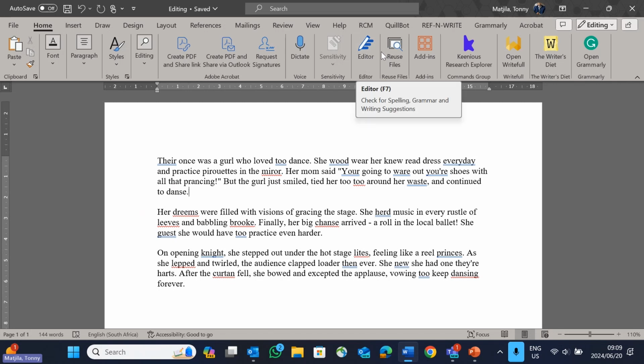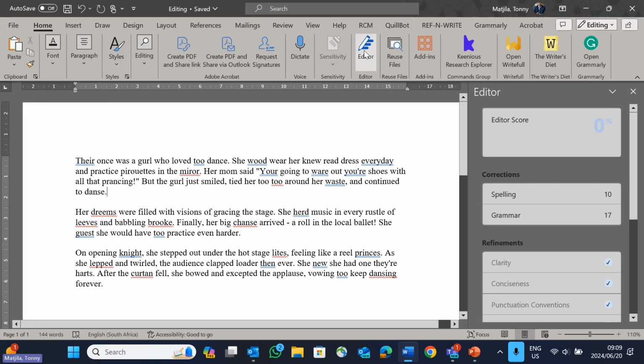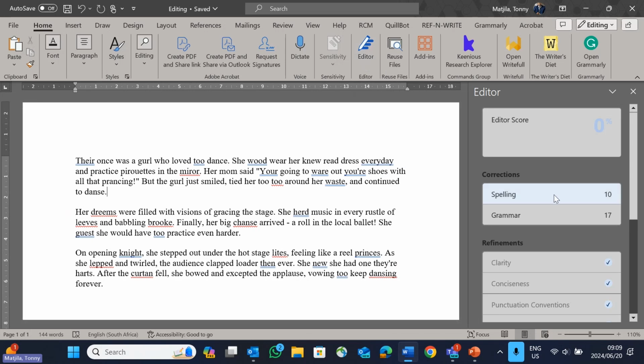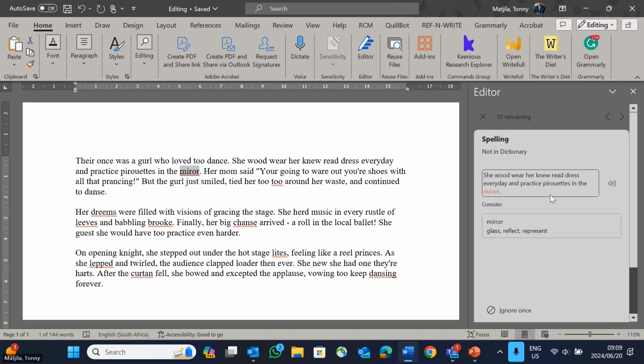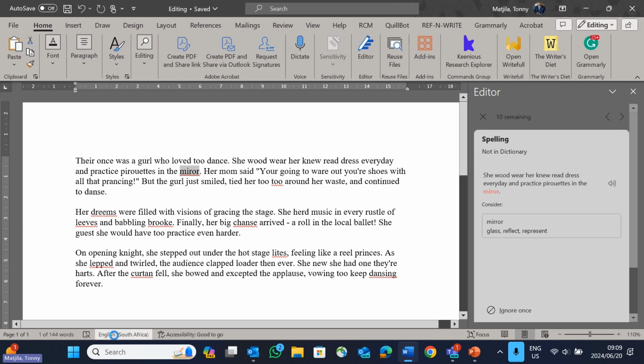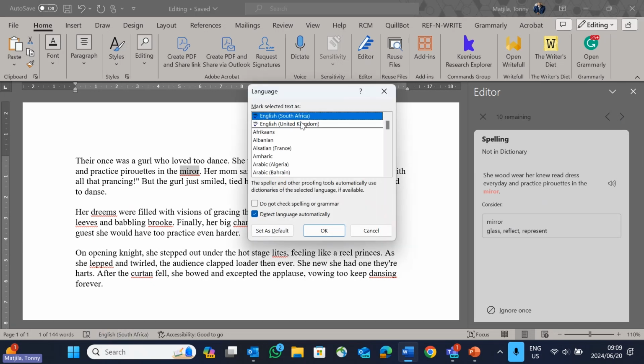The first one from Word is the editor. If you use the editor, it will show you where you can amend the spelling mistakes and so on. And a word of advice: always make sure that you set Word to South African English. This is the English that we use, or UK English. So make sure that you use South African English